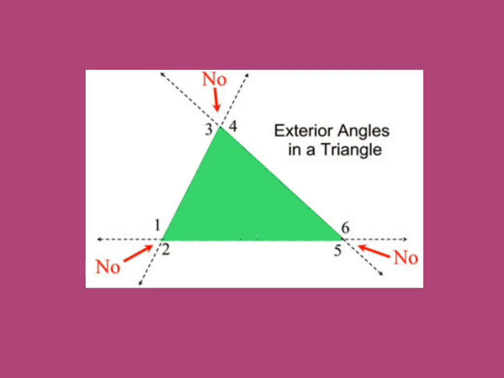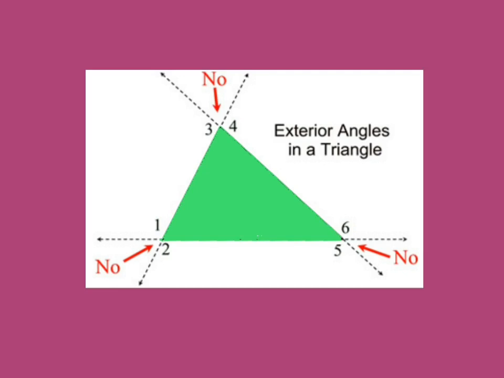And you already know that there are 3 interior angles, that is this one, 1, 2 and 3. There are 3 interior angles of one triangle. Means 3 interior angles and 6 exterior angles. Now there are 3 more angles which are shown by using the word "no", and these 3 angles, that is first, second and third, are neither exterior nor interior angles of that triangle. This is about exterior angles of a triangle.